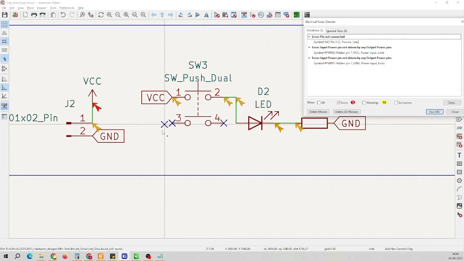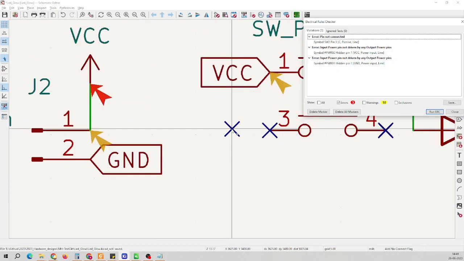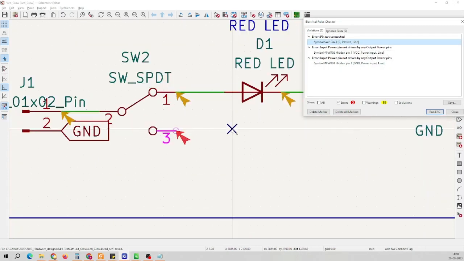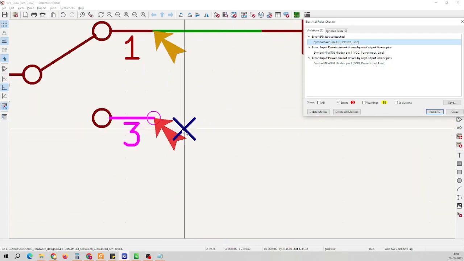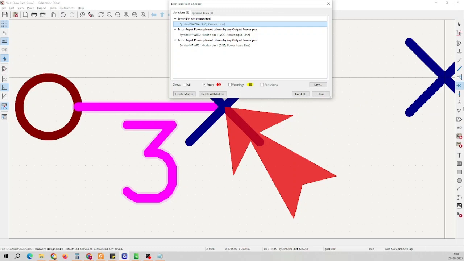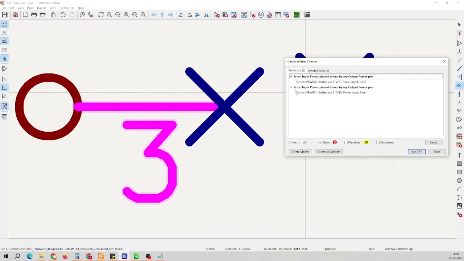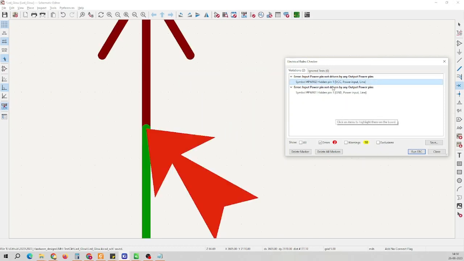Basically, earlier KiCad was expecting some connections on these 2 points, but when we use this X symbol, KiCad came to know that there are no connections required on these points. So it just removed those errors. Now it is saying that this pin is also not connected. So I can just place this no connection symbol here also. Now if I again run the electrical rule check window, there are only two errors,